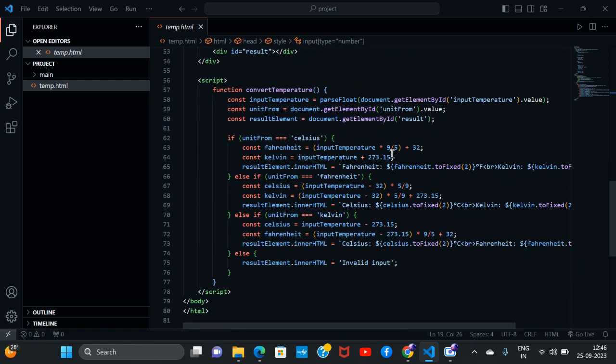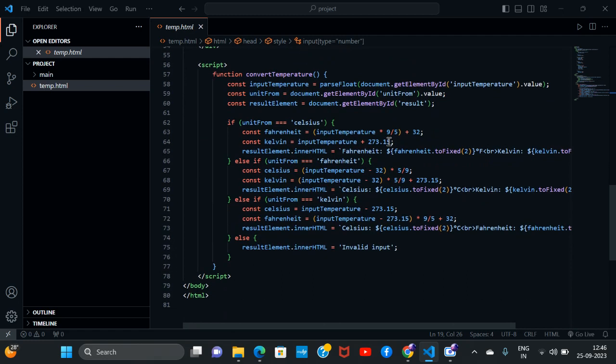And for the script part, we have made a function called convertTemperature. In JavaScript, if we have to make a function, first we have to write function, then write the name of the function that we are willing to create. So we just made a function convertTemperature in which we are converting the temperature from whichever value we choose. So I have made an input temperature, whatever temperature we are inputting,